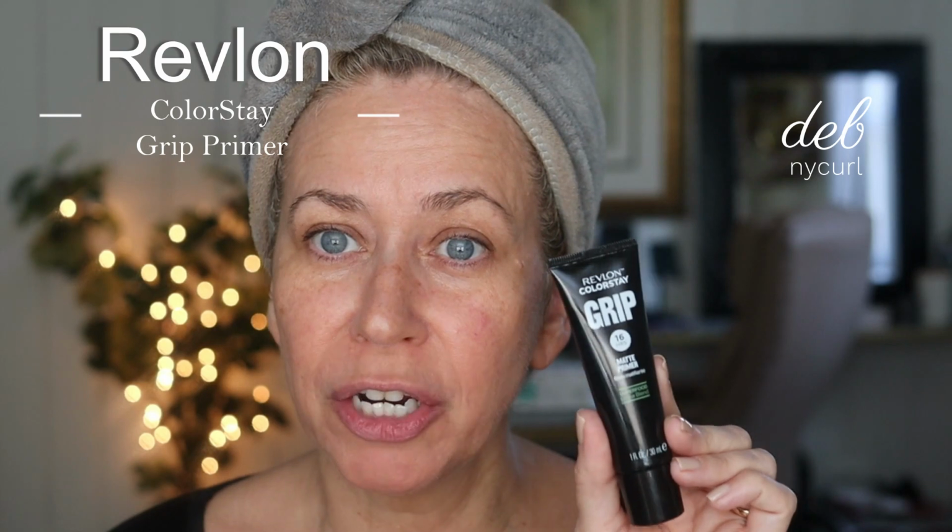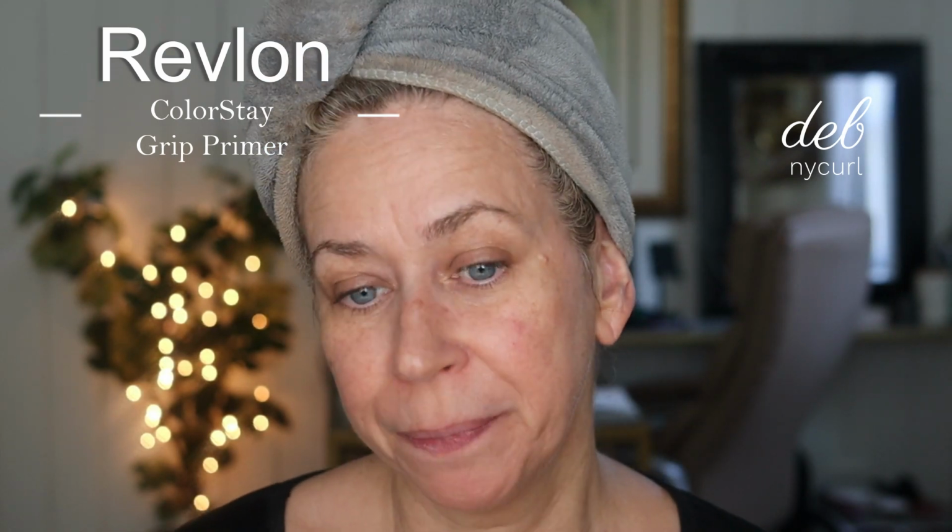Okay, so much better. Because I just did a short with this, I think I'm gonna try my Revlon Color Stay. I got a bunch, let's start with this Revlon Grip Matte Primer. Again, this is more about a hair video, but why not give you more hair and makeup? I am not a primer person usually. There are some primers that I'm like, wow, but